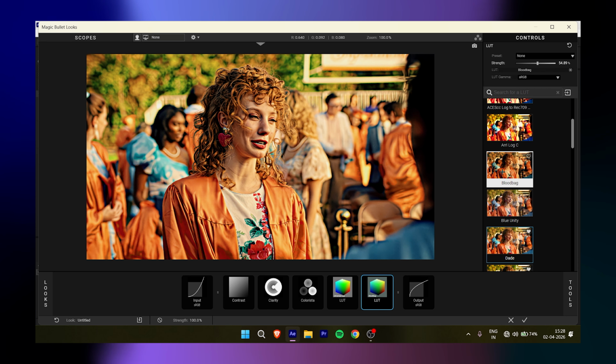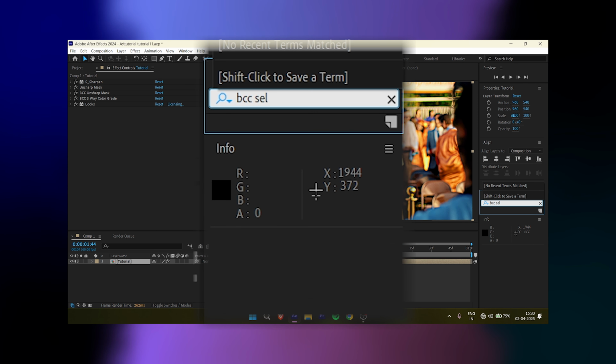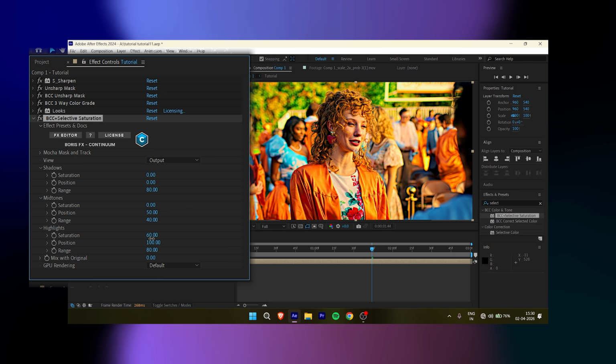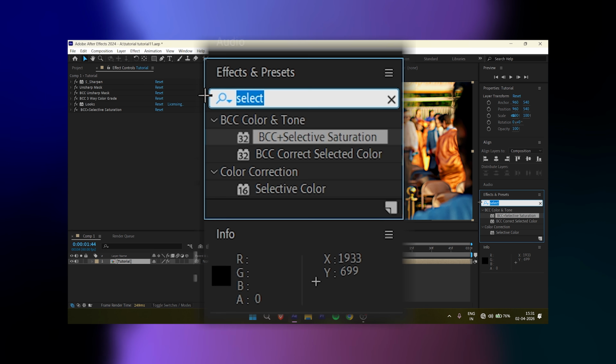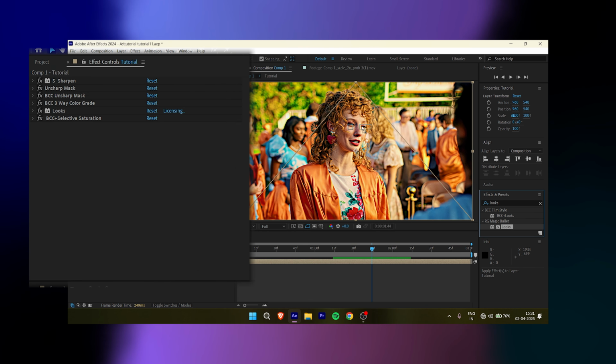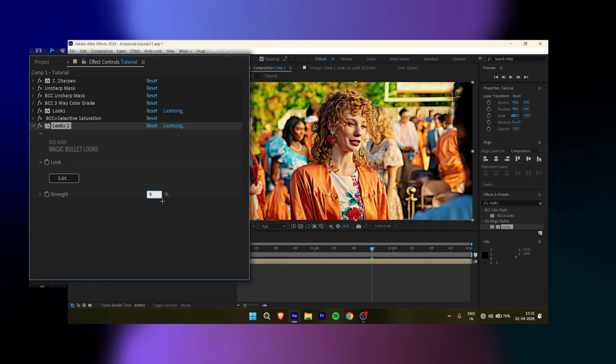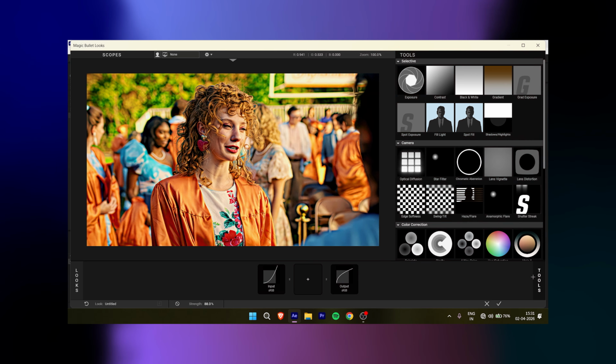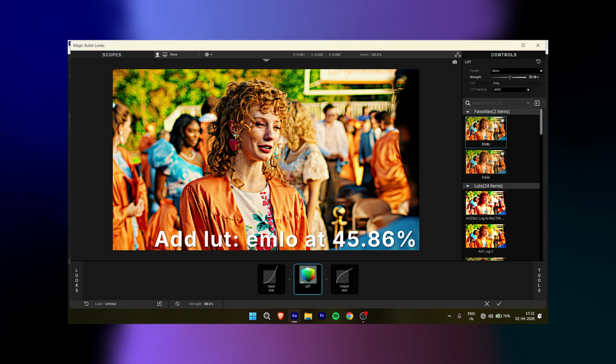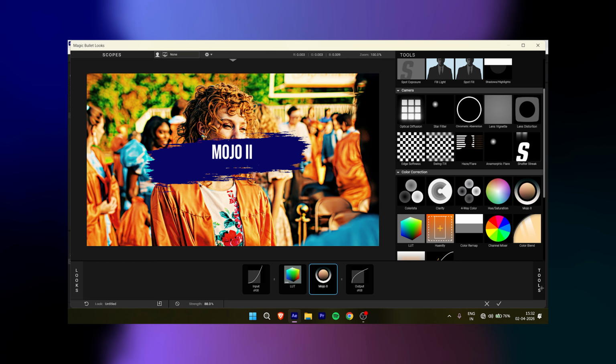Look at your footage right now. See that's it coming together. Apply and close. Add BCC selective saturation, highlight saturation 5, everything else don't touch it. And now add Magic Bullet Looks again, drop strength to 88%, open edit, add LUT MLO at 45.86%, Mojo 2,